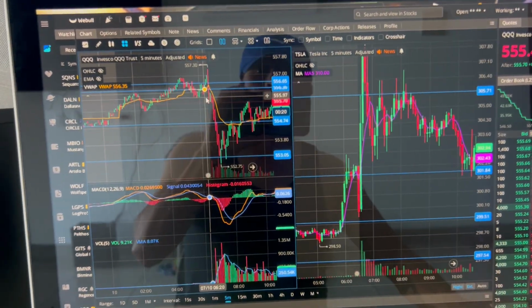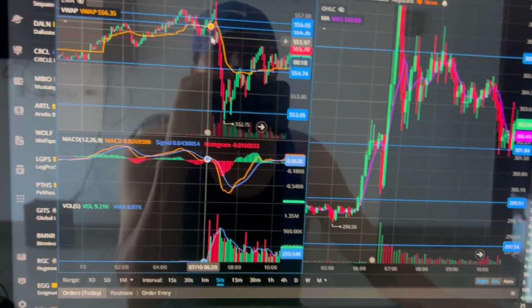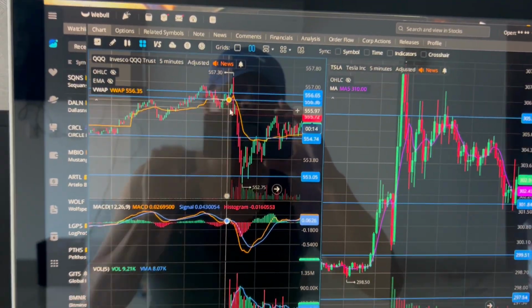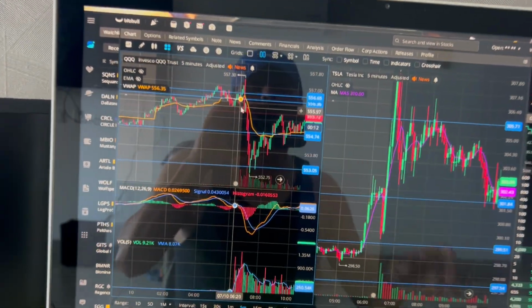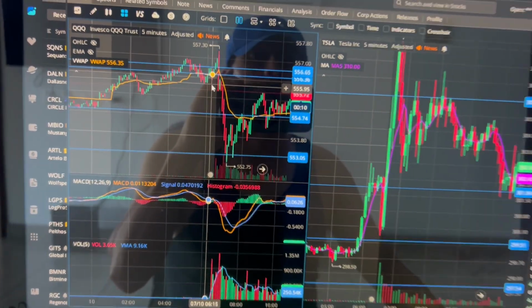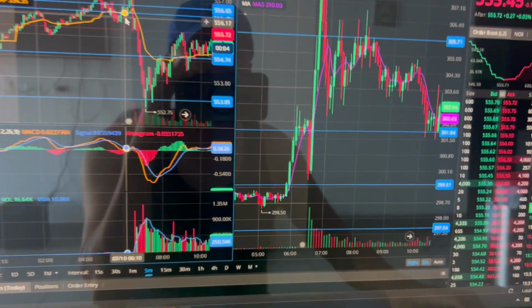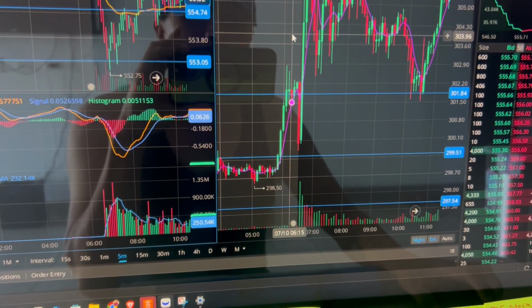Okay, so here is a demonstration of how to check your tech stocks and compare them to the triple Qs. This will give you an insight on where the stock is going. So what I do here is mark out my pre-market level